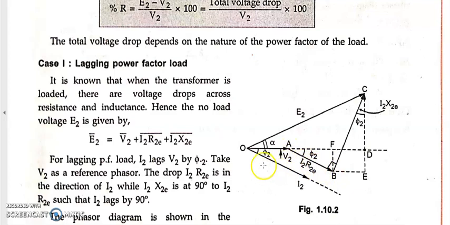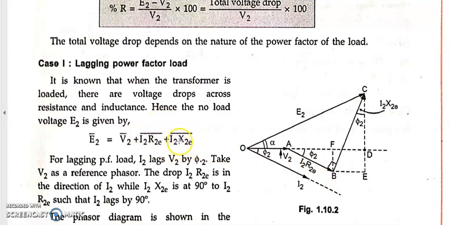So for I2 R2 and I2, the phase angle between them is 0, meaning both are overlapping each other. Not exactly a resistive load, because we have connected a lagging load, so this is the resistive part of that particular inductive load. We believe it is a pure one and it is parallel with I2. Okay, this is done.